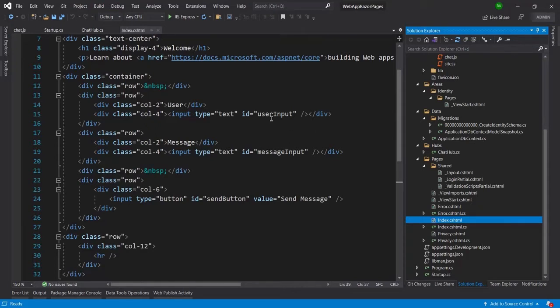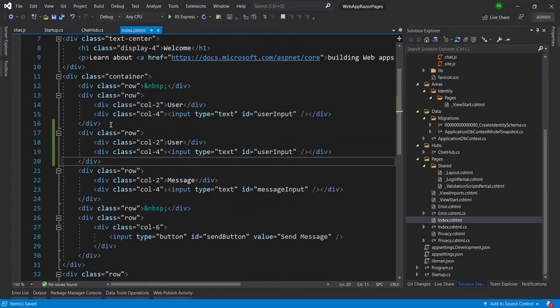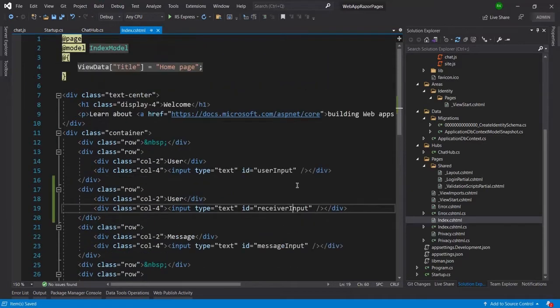So suppose this is the sender. I will keep it as user input as it is the sender, and here I will add the receiver. This row is for the receiver input, so I will modify it to receiver input.